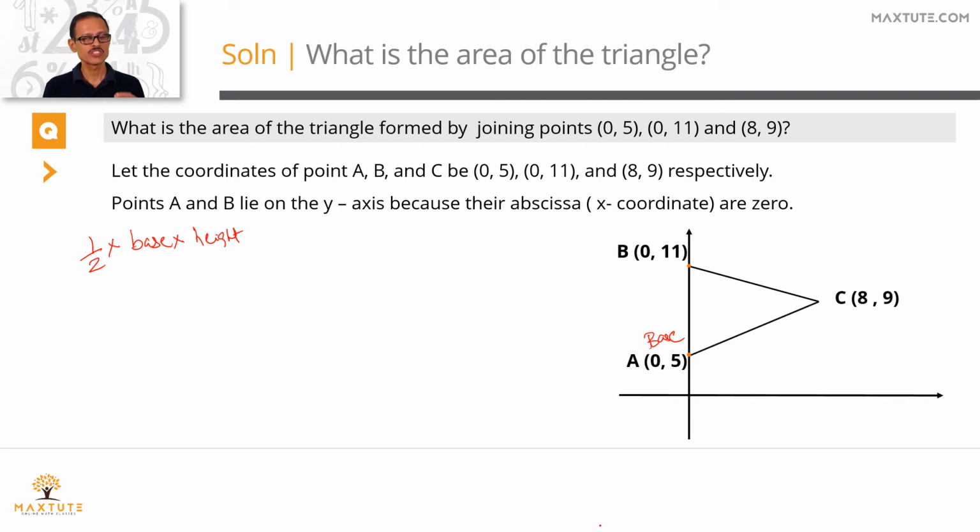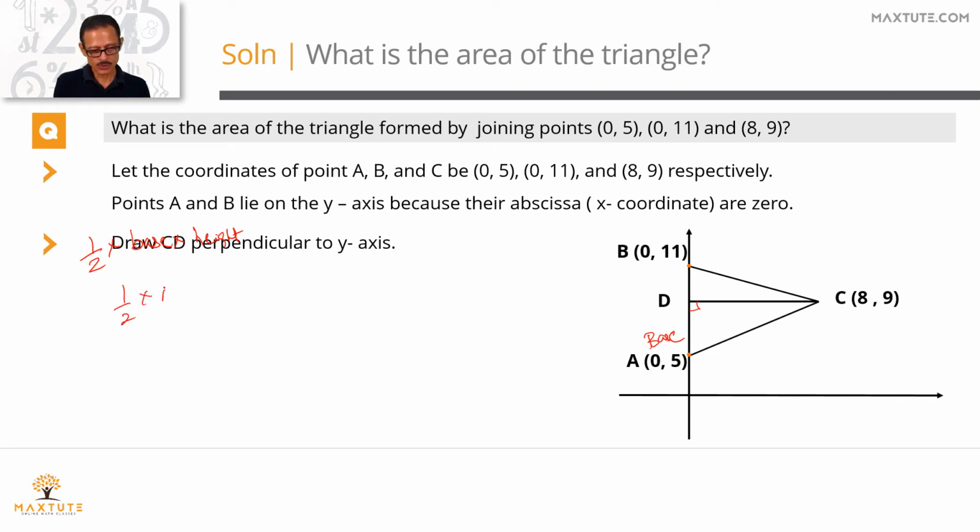Altitude is a line which is drawn from the opposite vertex that's perpendicular to a side. So let's drop a perpendicular from C. Let's say that perpendicular is CD. So from C, I'm drawing a line CD that's perpendicular to this base AB. So now we'll have to find out the area. I know the base is equal to AB. We'll compute that value in a while. And the height is equal to CD because it's a line that's perpendicular from the opposite vertex to the base AB. What's the measure of AB?